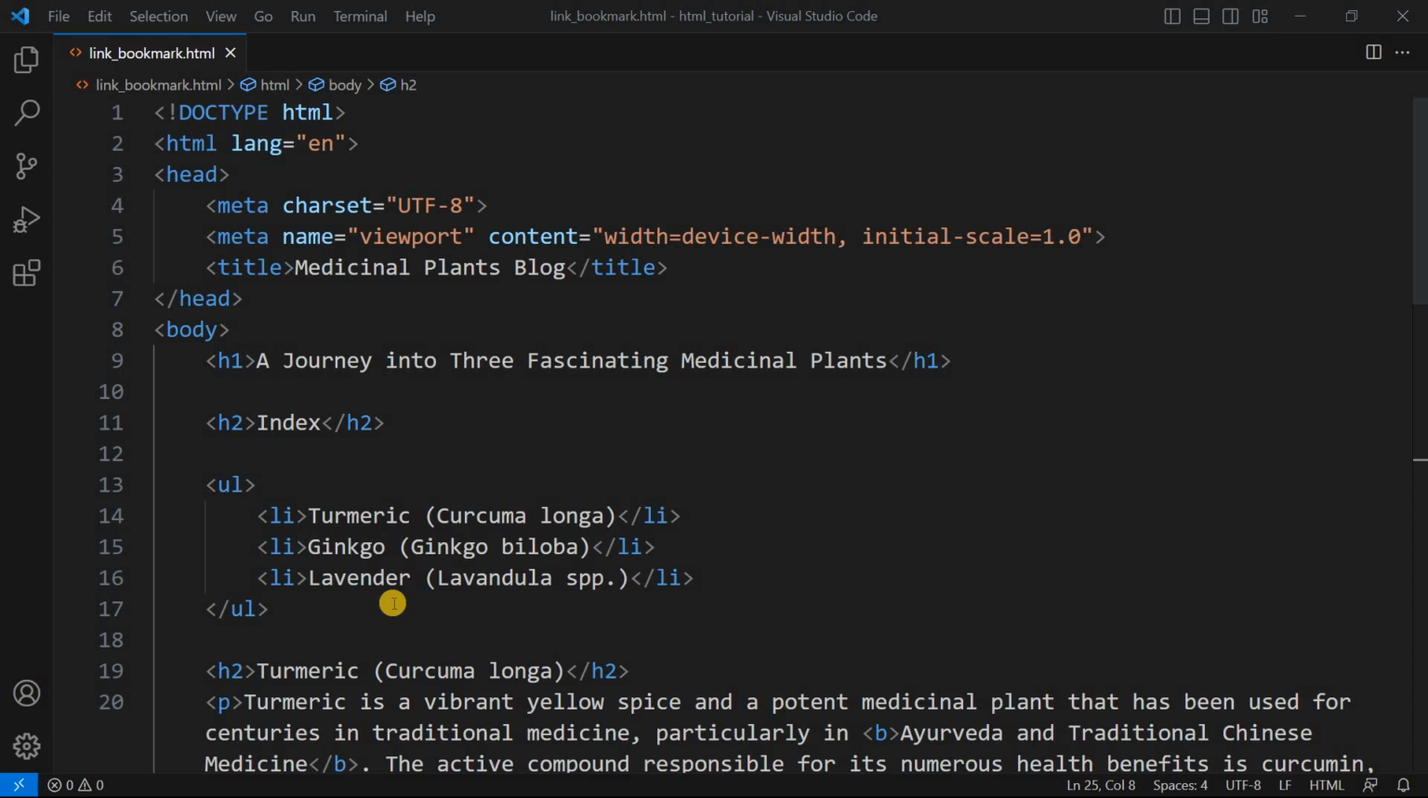Today we are going to talk about linked bookmark, how to create bookmark using link. Now let us first discuss our problem statement. The problem is that suppose you are a great expert, a well-known specialist of medicinal plants, and you maintain a blog